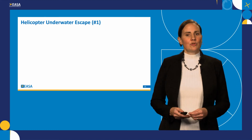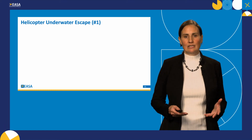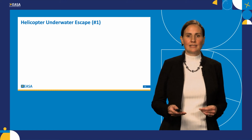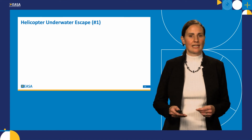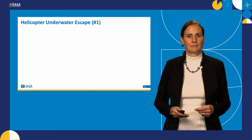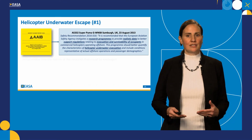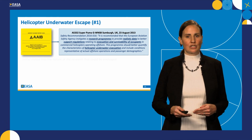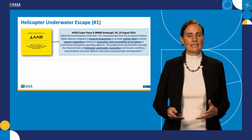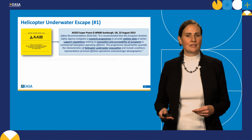So other research is also ongoing regarding helicopter underwater escape. As previously mentioned, there is an incompatibility between human breath hold capability and the time required to escape a capsized helicopter. A safety recommendation addressed to EASA from the 2013 helicopter accident in the North Sea recommended that a research project is carried out to provide realistic data relating to the evacuation and survivability of occupants in the event of